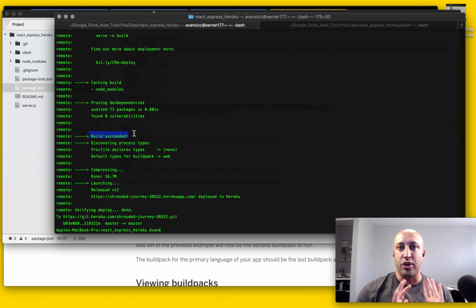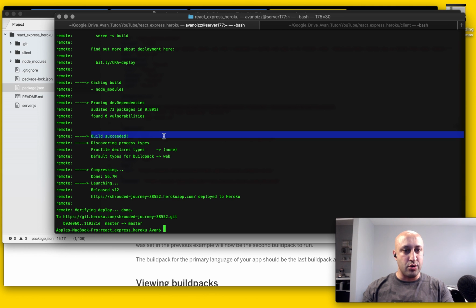That doesn't mean it's going to work exactly the way you would like. It's possible that it got deployed, but only the back end, and it's not serving the React part. But this is definitely a message you want to see. So what I usually do now is Heroku open. That's one way to open it, or you could just copy and paste this URL right there. By the way, this is the one that I whitelisted. So if I do Heroku open,